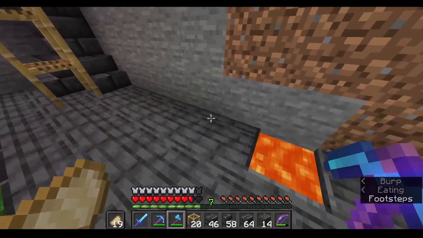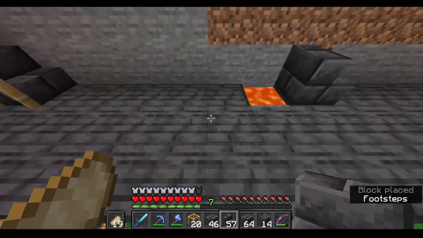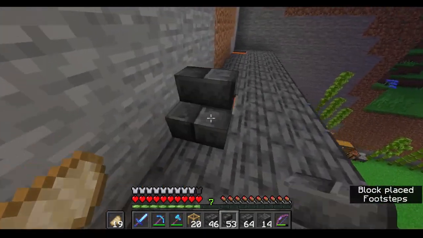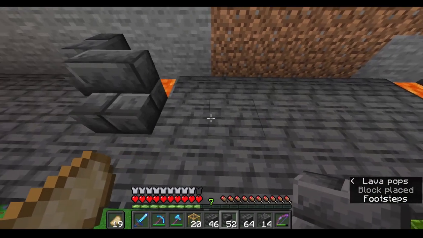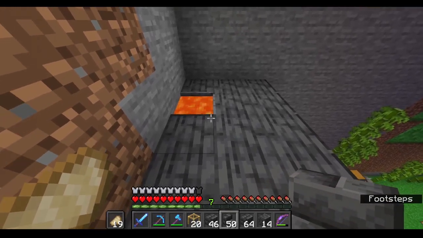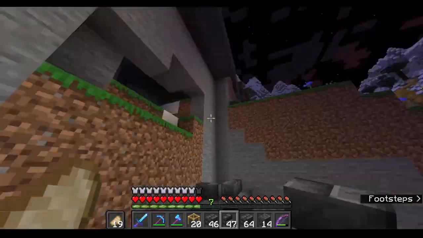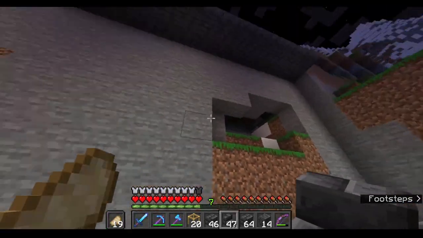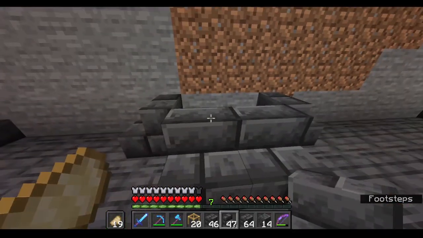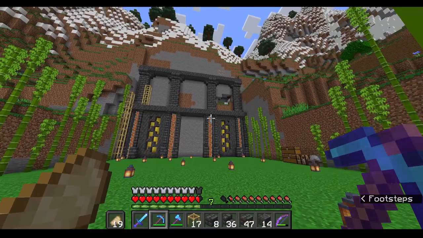Our second column will be right here. And these columns are just going to all be the same. Third column. Of course, we're keeping the mirrored look. And then our fourth column will be right here. So I'm gonna just build those columns real quick. We're also gonna need to dig out some space back here, but we'll do that near the end. So I'll be back. Alright, so you can see that second layer, which I still have to dig out some